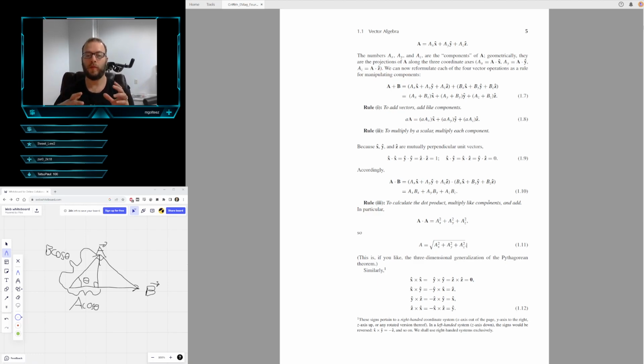Now, when we look at cross products, what does that mean? Well, remember, our unit vectors are either parallel to each other or perpendicular. So if they are like, they are parallel to each other. If they are unlike, they are perpendicular. They're all mutually perpendicular to each other. And with cross products, if